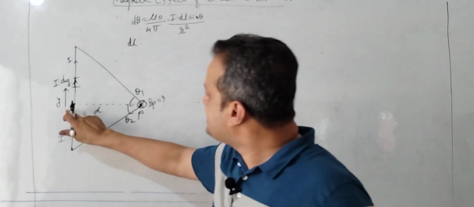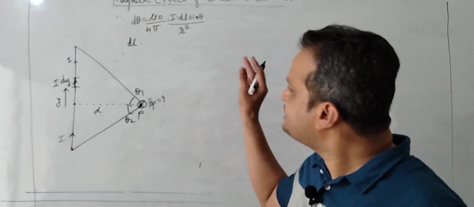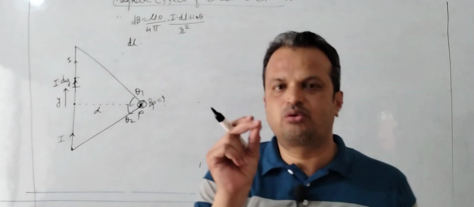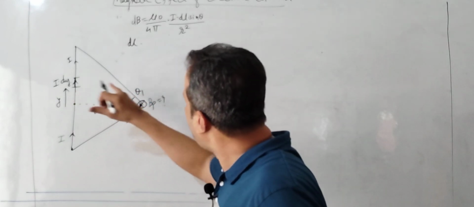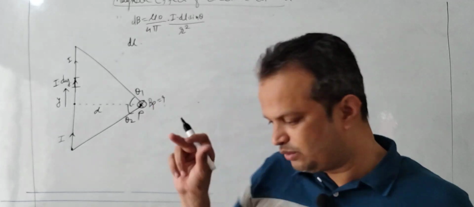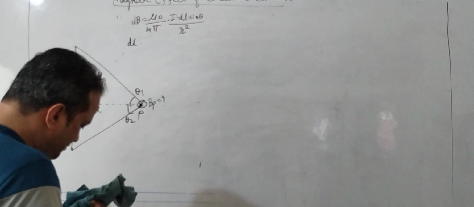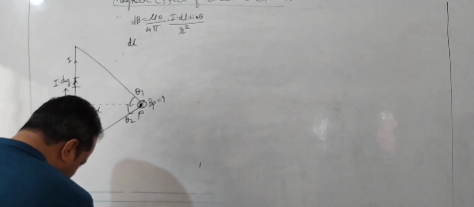So let's say what is this? It is at a distance y. Okay, 4 pi r. R means what is r? Distance from the current carrying element to the point where we have to find out the magnetic field. जहाँ पर भी magnetic field find out करना है, वहाँ पर हम क्या कर देंगे, लाइन खींच देंगे, है ना। इसके लिए अभी मैं दूसरी पेन यूज करता हूँ।